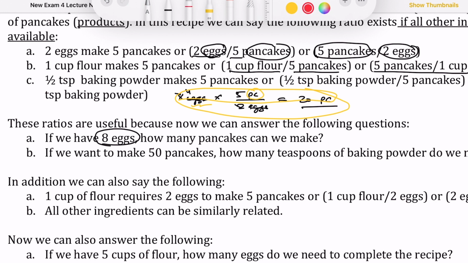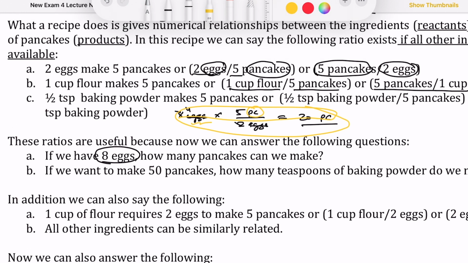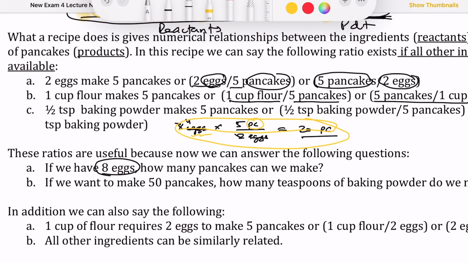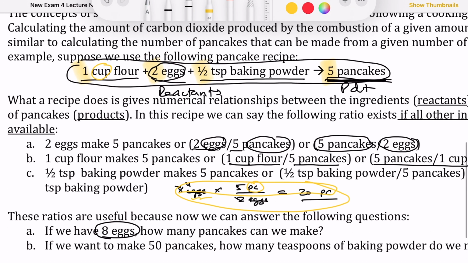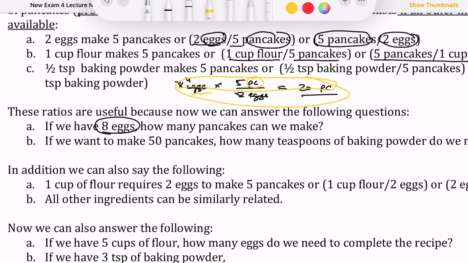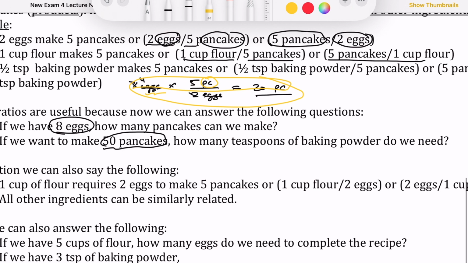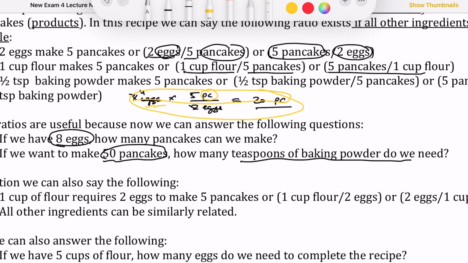Let me get to another example here that we can answer with that idea of a conversion factor between the different components in that equation, right? And so, for example, let's say I tell you I want to make 50 pancakes. How many teaspoons of baking powder am I going to need? Well, again, I can think about using a conversion factor between pancakes and teaspoons of baking powder. So I want 50